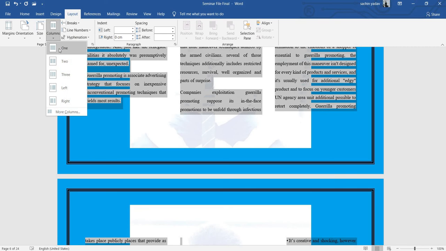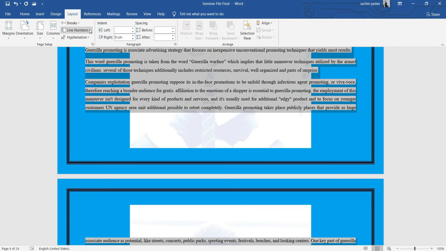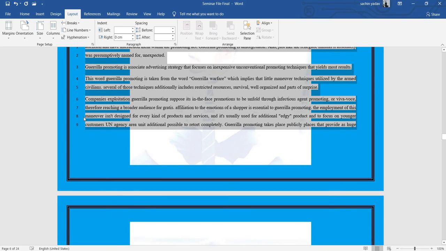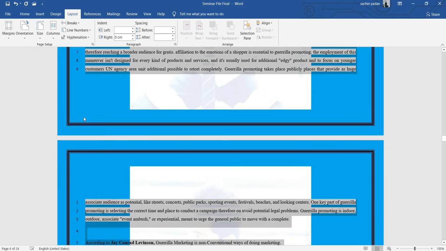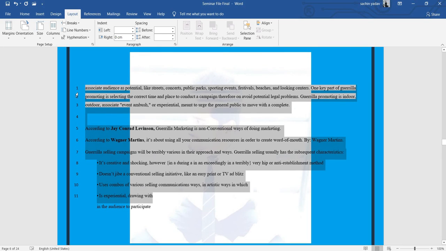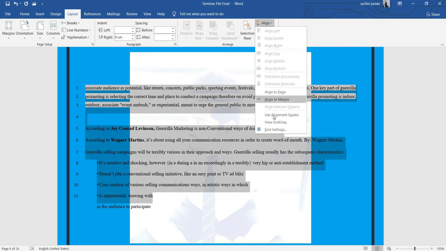You can see first I have to change the column to 1, and then you can see how line number works. We start with each page so that however much text is selected, it is automatically giving the line number accordingly. You can see every page is having the line number. Here you can see on the left side of this, and the hyphenation here, it's automatic hyphenation option you can use according to your need. If you want it, you can align the text, align the page margin here using these options.